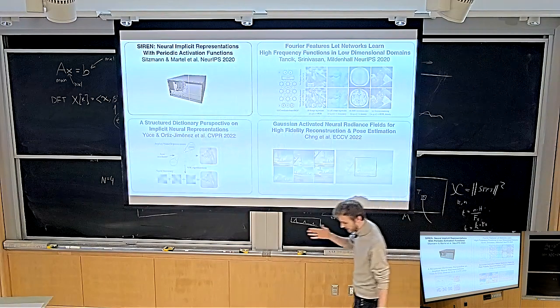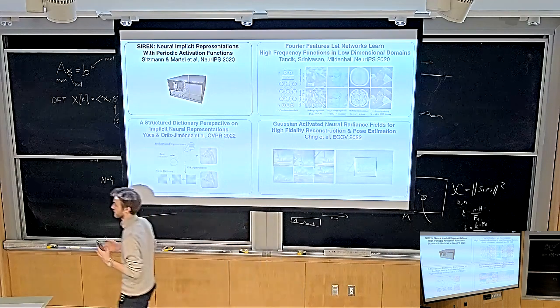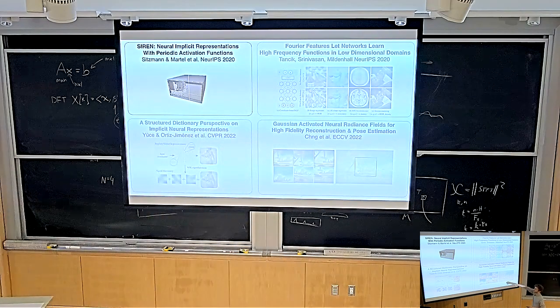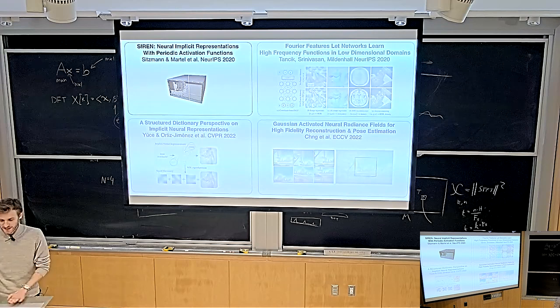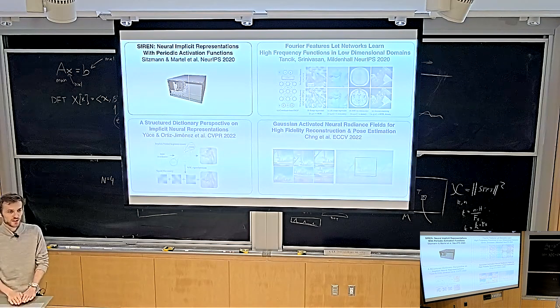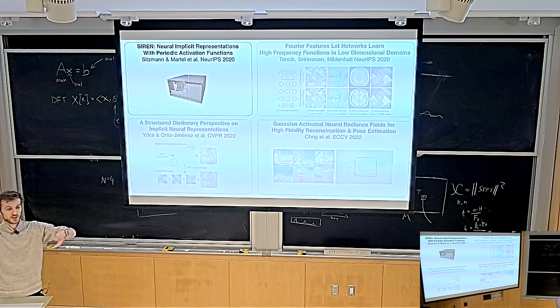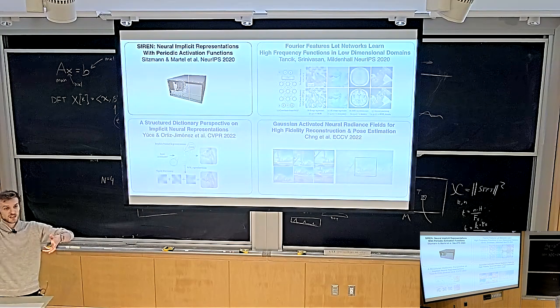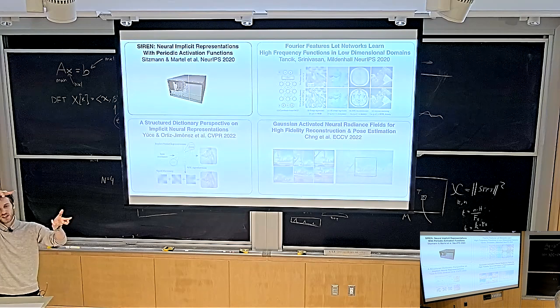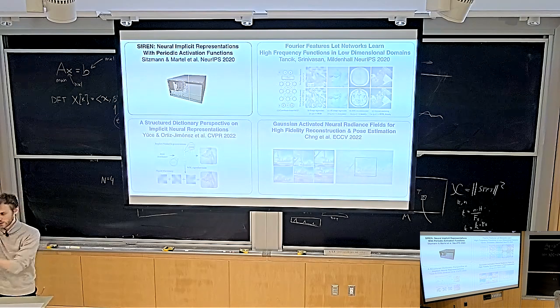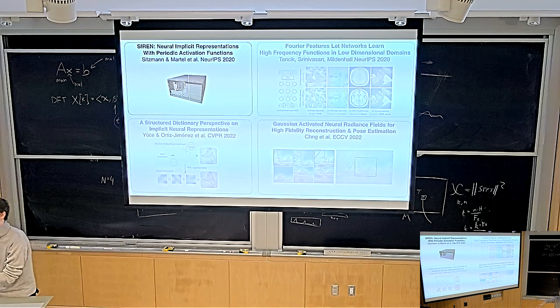And so a number of people came up with ideas of solving this problem. One of these papers was a paper of mine, which is called Siren, Neural Implicit Representations with Periodic Activation Functions. I should say why: neural implicit representations was basically what we called it before we called it neural fields. I introduced this to you as a neural field. We discussed this formulation of a field, which is a function that is defined over coordinates. People then said, okay, if we parameterize this function as a neural network, we're going to call it a neural field, because it's a field parameterized via a neural network.